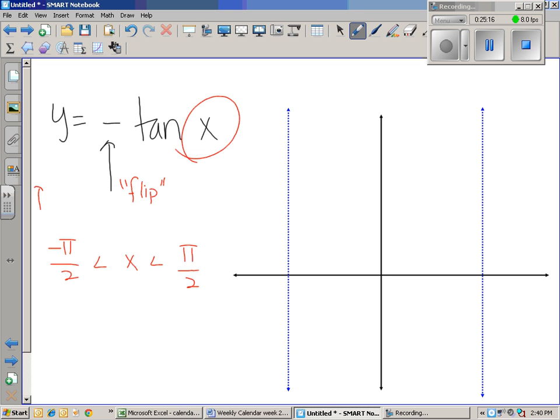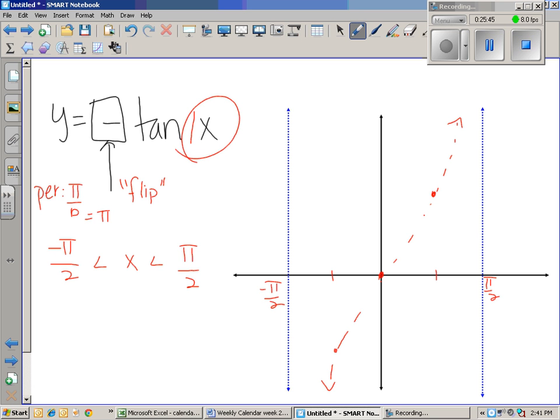Oh, yeah, that's right. Ms. Collins told me the period is always pi over b, which is going to be pi because b is a 1. So that means my endpoints are going to be negative pi over 2 to pi over 2. And then Ms. Collins said, just go halfway and put in some dots and then connect the dots in a smooth curve like that. Okay, so I think I might be done, but it's red, so I'm clearly wrong